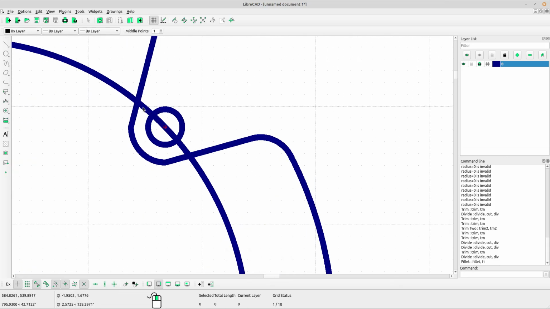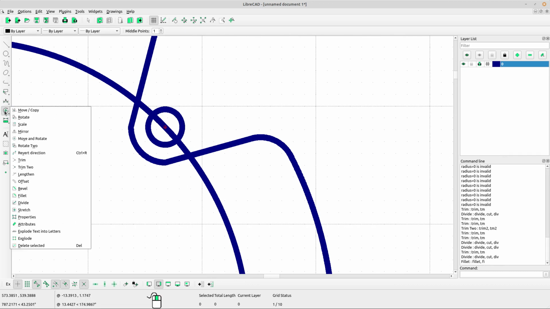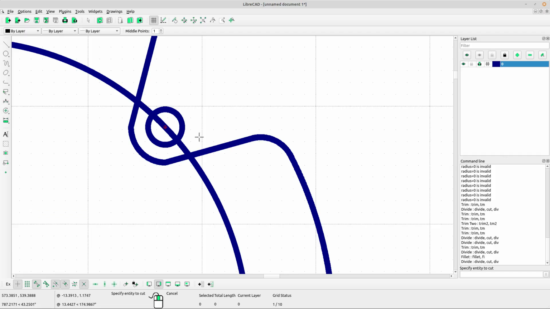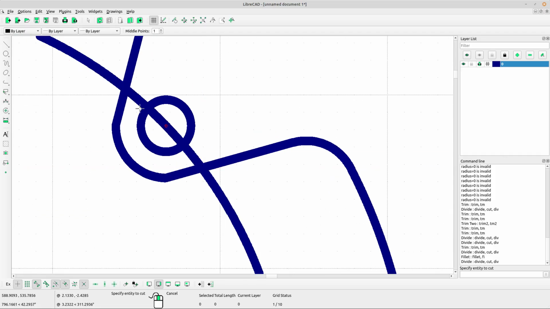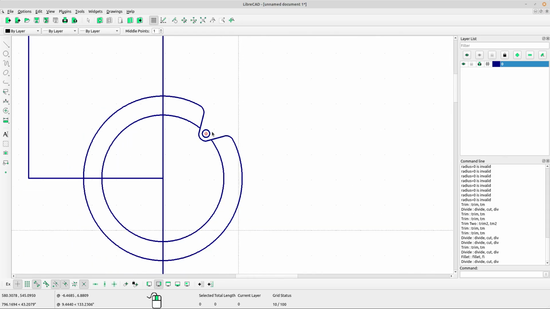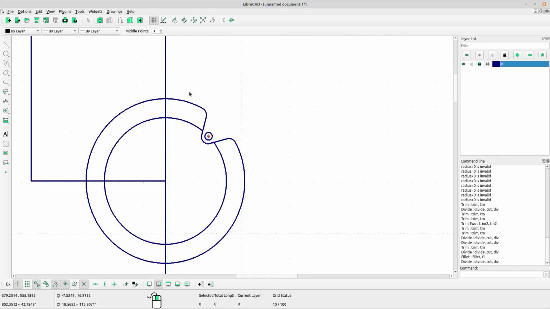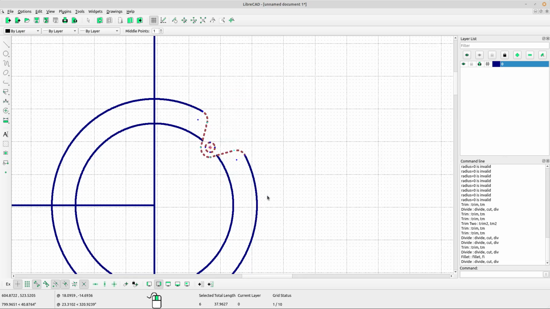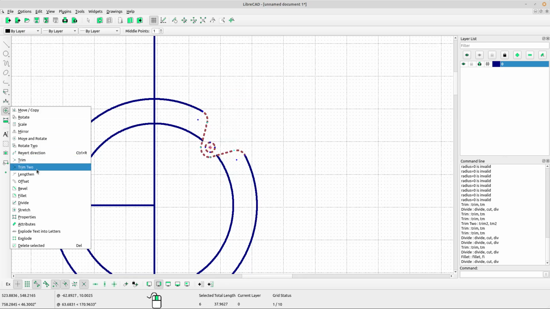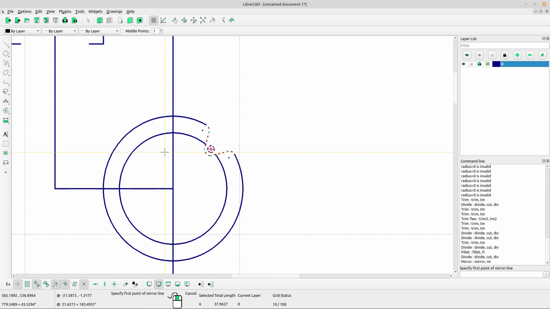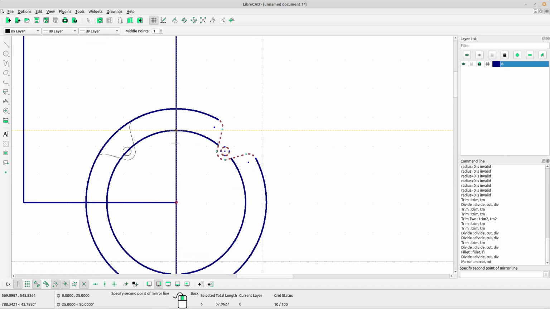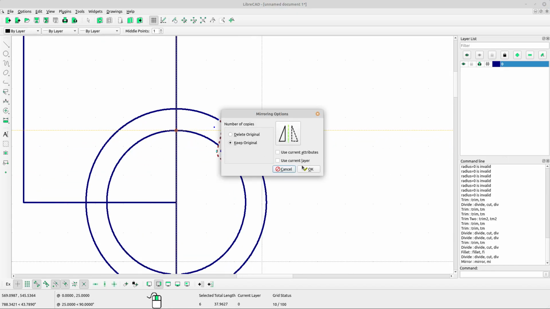I think we should delete this arch. Select divide tool, left click at the circle and the point, the circle and the point, right click. Now select the shape and select mirror tool, left click. Okay, for the first point of mirror line and the second point of mirror line, select original,